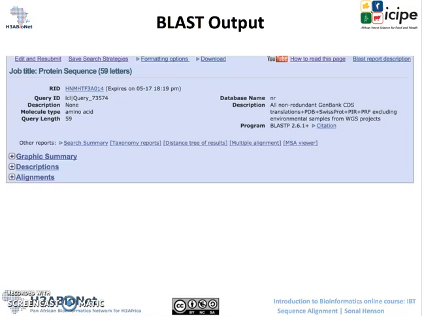Now let's take a look at a BLAST output. A BLAST output is presented in 4 sections. The first one is the program introduction. This gives the program name, in this case BLAST-P was used, the version number of the program, so 2.6.1 plus,